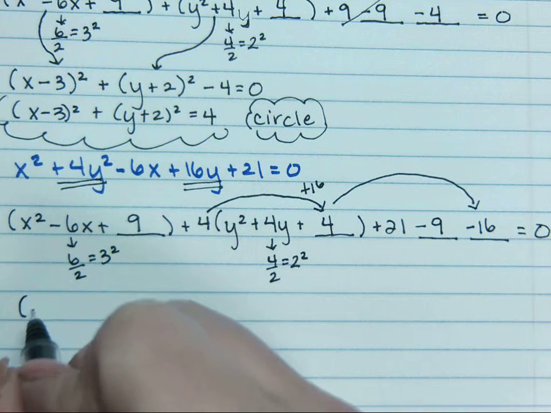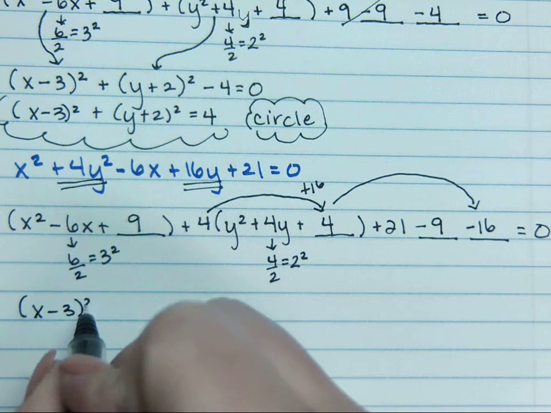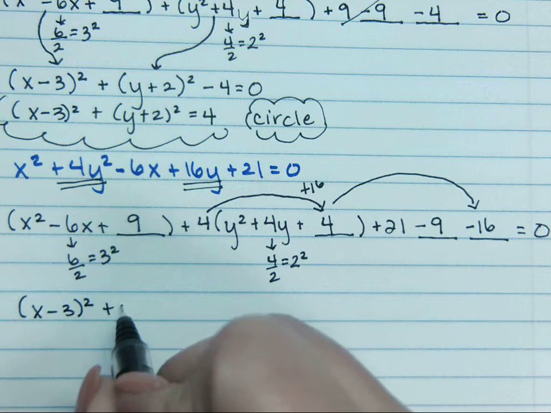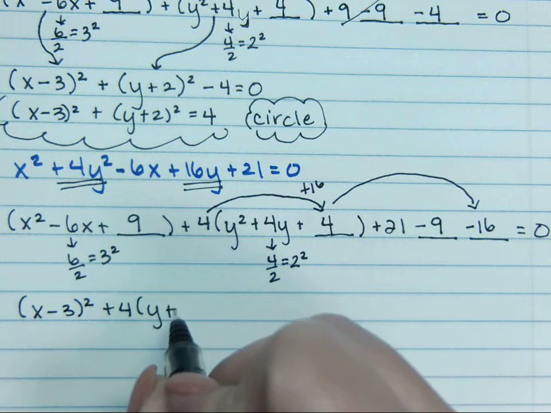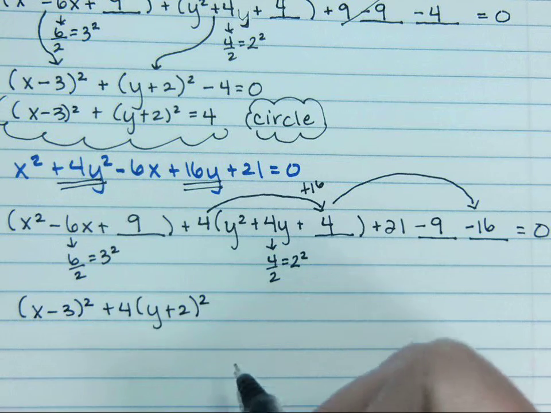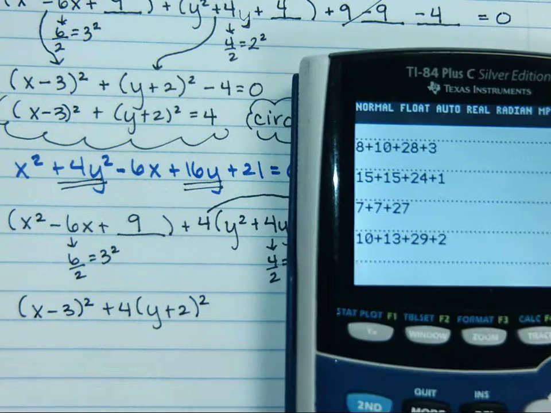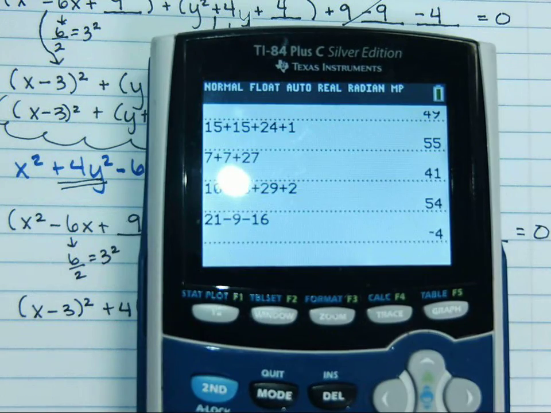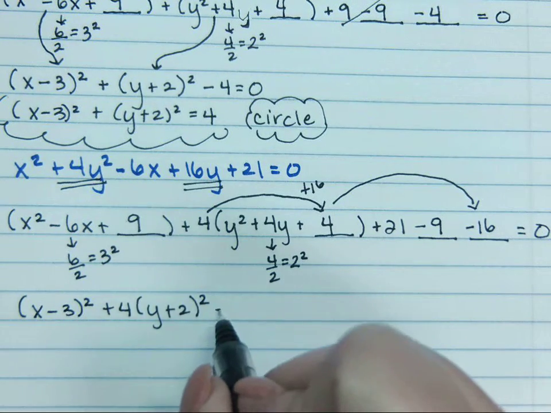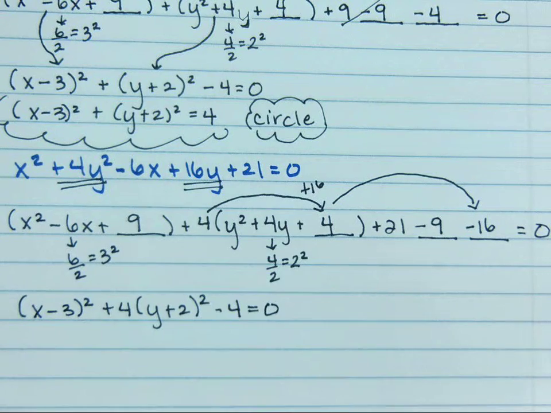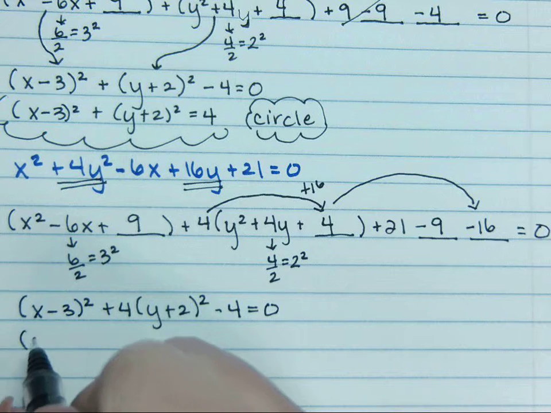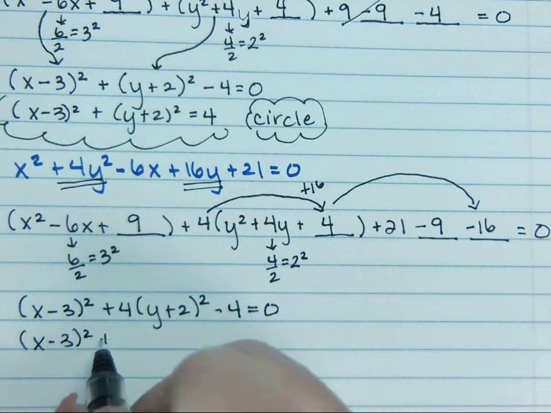And so now when we complete the square, x minus 3 quantity squared plus 4 times y plus 2 quantity squared. And I have to think about what this looks like, and you can always use a calculator. All right, so 21 minus 9 minus 16 is a minus 4. Okay. And so what's going to happen is that when I move that constant to the other side now,